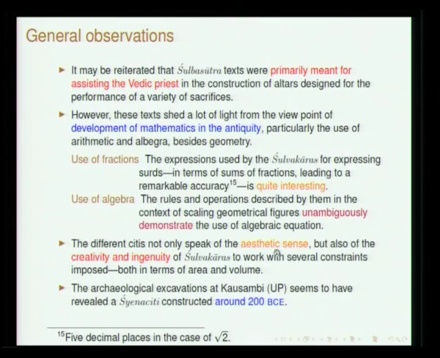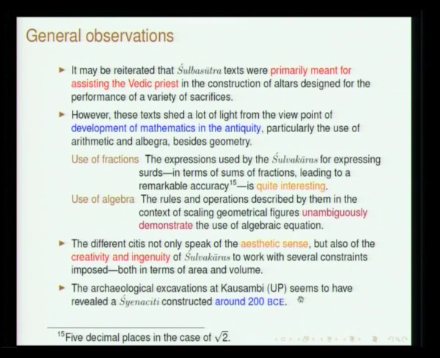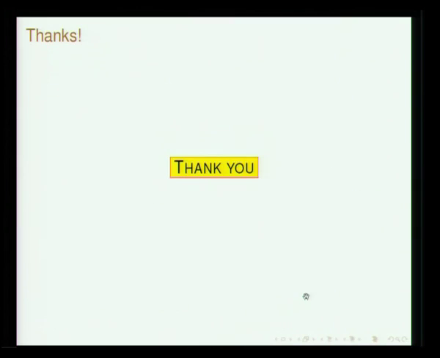And we also saw the use of algebra which is involved. For instance, suppose you wanted to find the construction in Katyayana Sulva Sutra, it is impossible for us to find out yavat pramana tavat pramana root n without the algebra which is involved, so this prescription cannot be given. A lot of aesthetic sense also gets into it. We have various shapes of altars, Dronachiti, Kankachiti, Rathachakrachiti and so on. As regards these chitis, it has been found that around 200 BCE, we find a Shenachiti construction. In the excavations at Kosambi people have found it. So, these are certain references. Thank you.